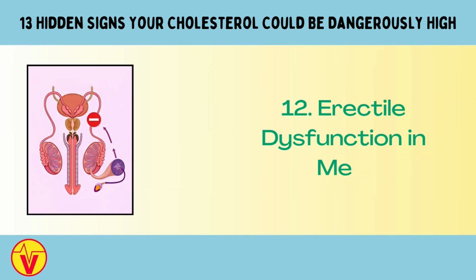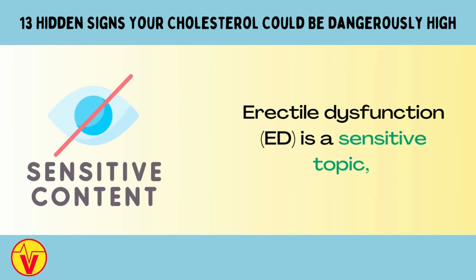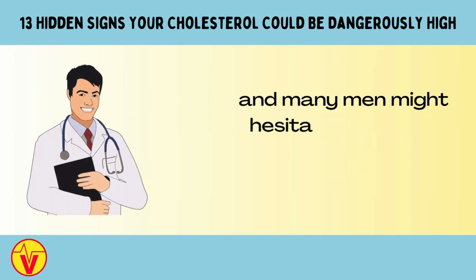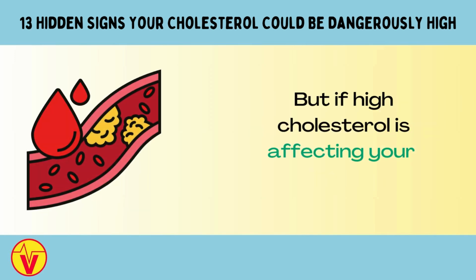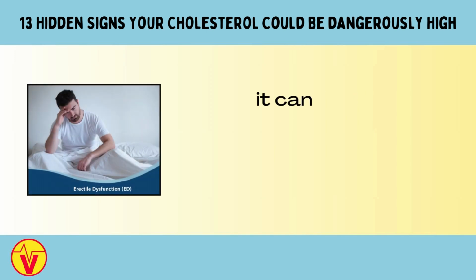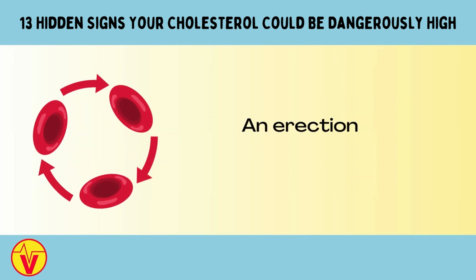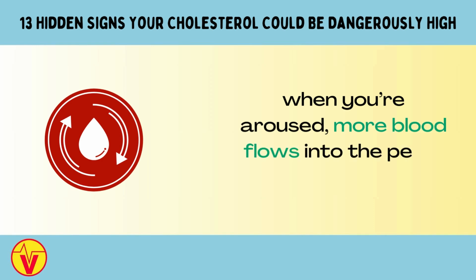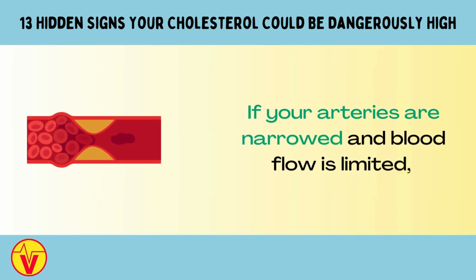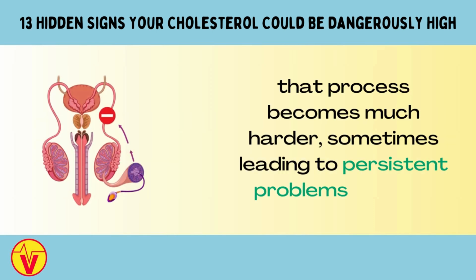12. Erectile dysfunction in men. Erectile dysfunction, ED, is a sensitive topic, and many men might hesitate to bring it up, even with their doctors. But if high cholesterol is affecting your blood flow, it can also affect your ability to achieve or maintain an erection. An erection relies on healthy circulation. When you're aroused, more blood flows into the penis, making it firm. If your arteries are narrowed and blood flow is limited, that process becomes much harder, sometimes leading to persistent problems